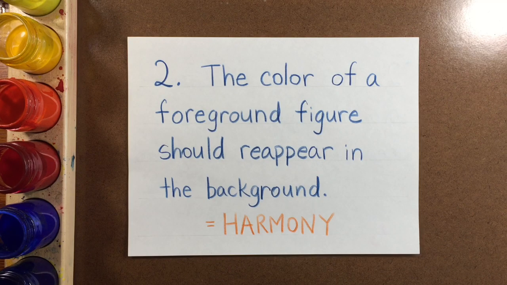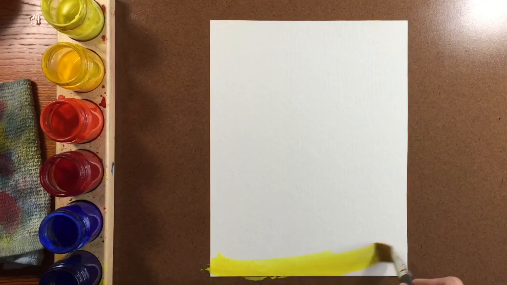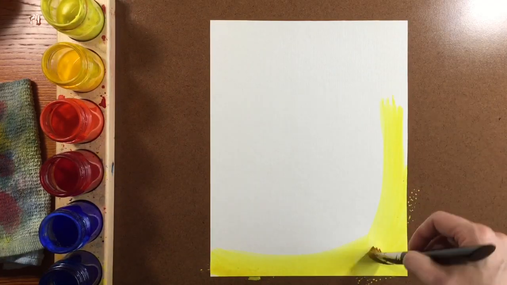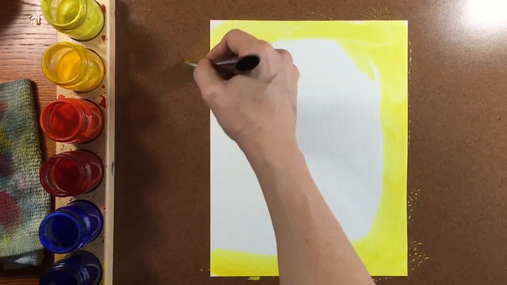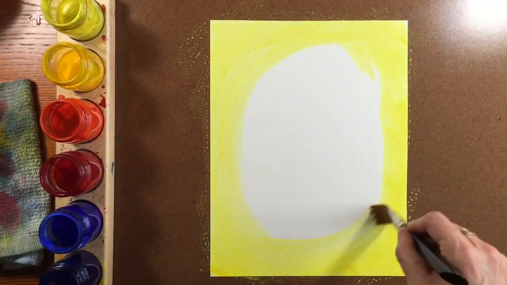Number 2. The color of a foreground figure should reappear in the background, creating harmony. In this painting, I'm going to tell the story of the fox and the grapes. So I'm laying in a very warm background, lemon yellow,